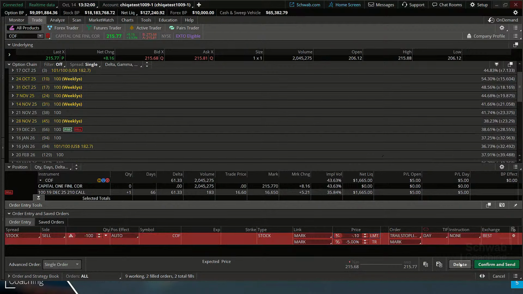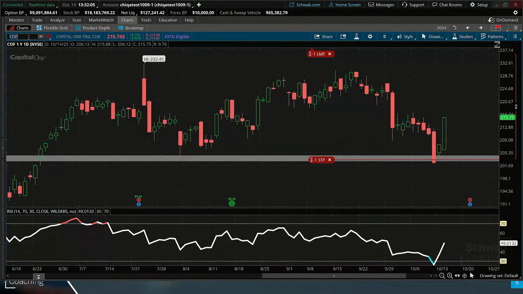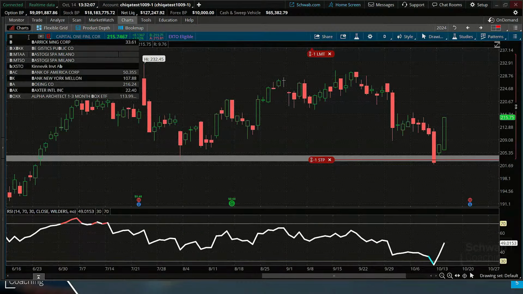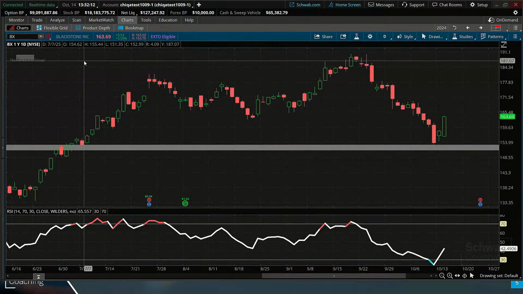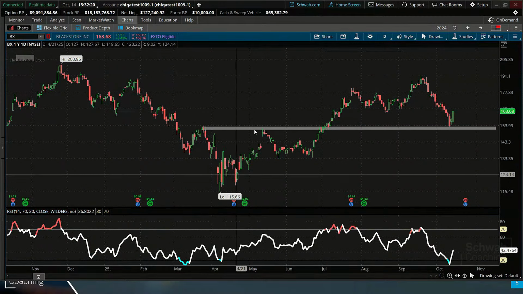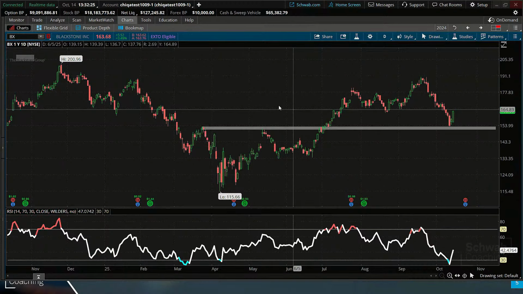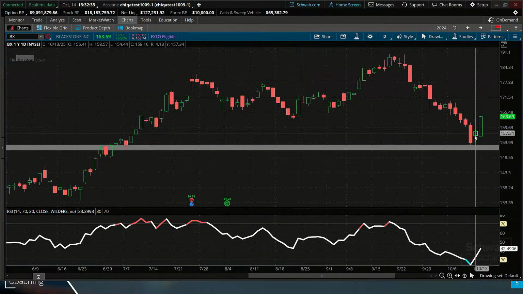Now, let's cover another quick example here of another support bounce that we're seeing. We're going to go through this one pretty quickly, and this is BX Blackstone. I saw a similar pattern develop. We had a little bit of an inverse head and shoulders here earlier in the year, which crafted out that neckline of support. We had a little bit of a pullback to that support, and today we're seeing a hold pattern taking place, similar to what we just saw in the last one.